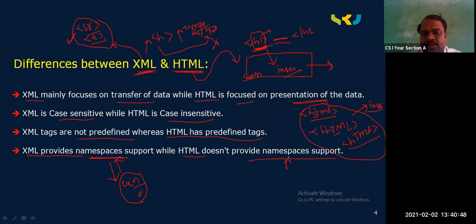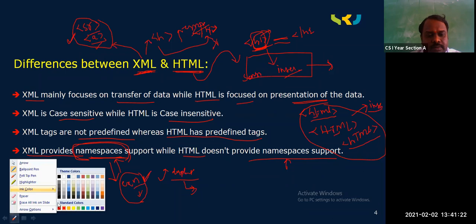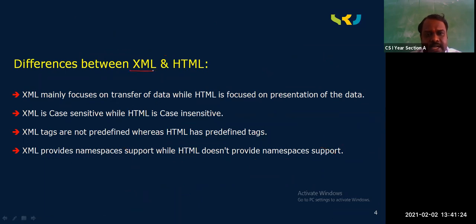The way earlier tags were predefined, you can use the same here, but in XML we need to follow some rules. Why do we need to follow rules? Because these are user defined tags. While writing user defined tags to display on your browser or to exchange information, it expects a set of rules. If those rules are followed, then you can create your own tag. So these are the main differences you find when you learn XML.